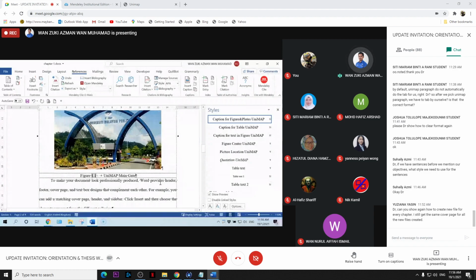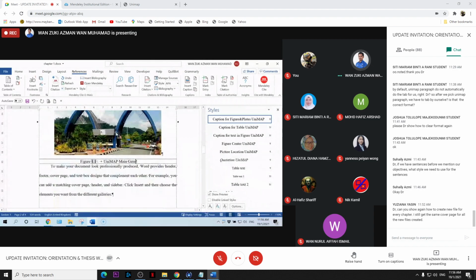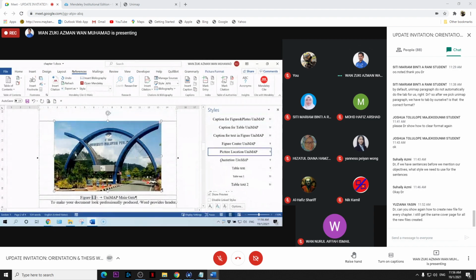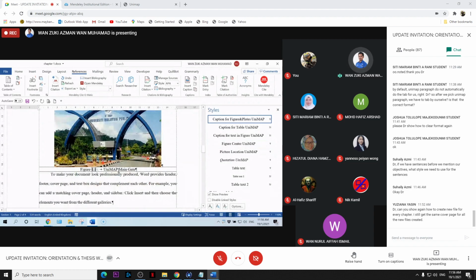Okay, I want to explain these two styles, figure center and picture location. Okay, if you see here, this figure has no border. Okay, no border. So if I select this figure center, you see here the figure and caption are very close.